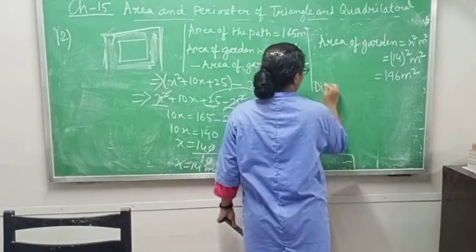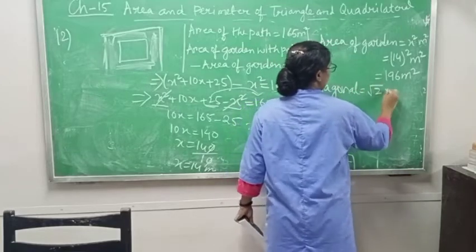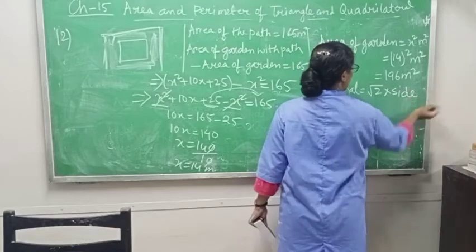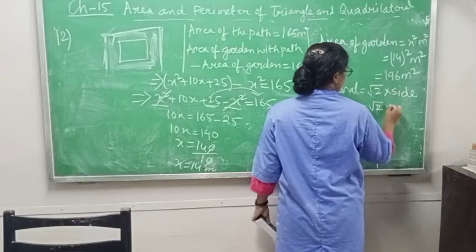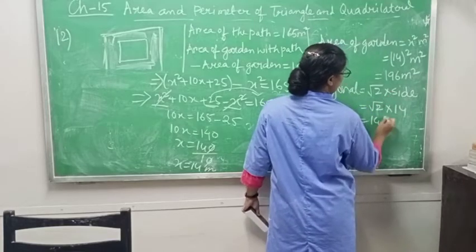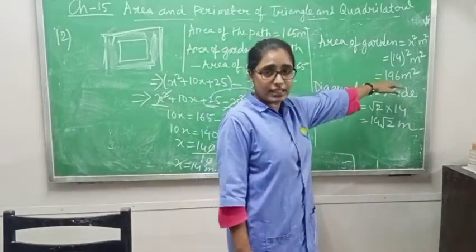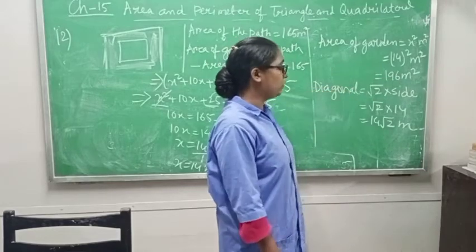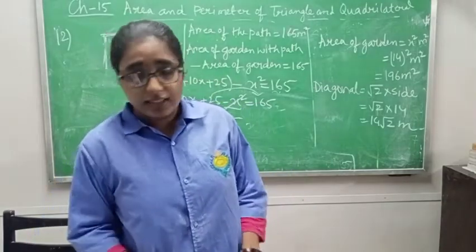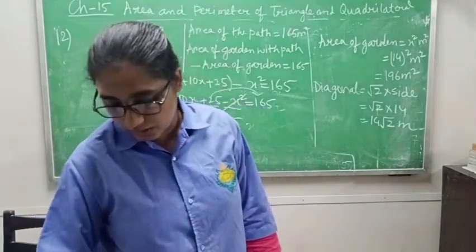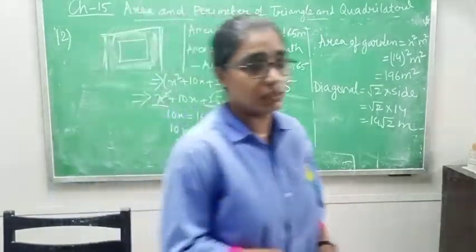Now one more thing they are telling you to find diagonal. So diagonal formula is root 2 into side, or root 2a or a root 2, anything you can write. So root 2 into side, side is 14. So you can write 14 root 2 meter. So two answers they are telling you to find: area of garden, we are getting 196 meter square, and diagonal we are getting 14 root 2. Okay. Go through the question again. Class 9, it is not so easy to understand one time. Okay. So please copy this one and go through question as well as solution more than one time.